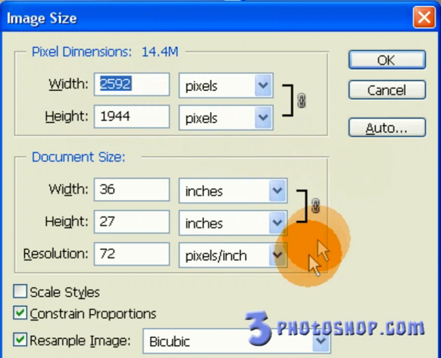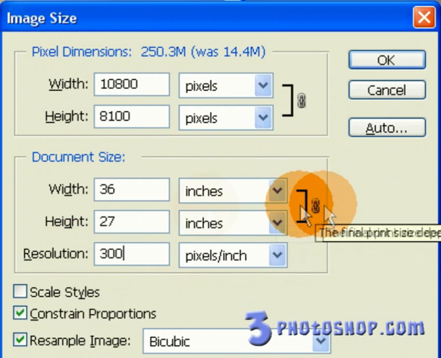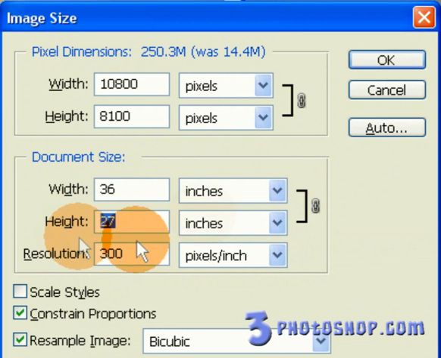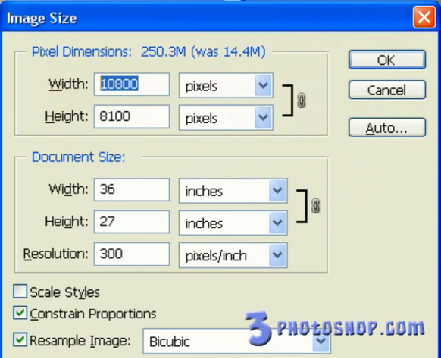Now I'm going to change the resolution value from 72 to 300 pixels per inch, but for some reason the document size hasn't changed. We're still looking at the document that measures 36 by 27 inches, but if we look above that at the actual pixel dimensions, instead of having 2592 pixels by 1944, we've now got 10,800 pixels by 8,100 pixels, and our overall image size has shot up from 14.4 megabytes to over 250 megabytes,